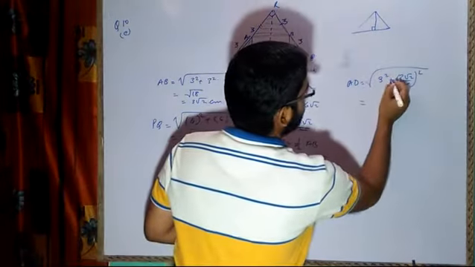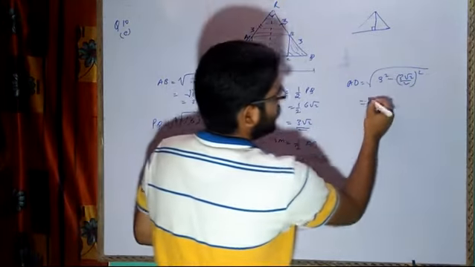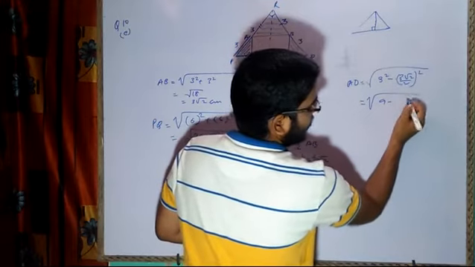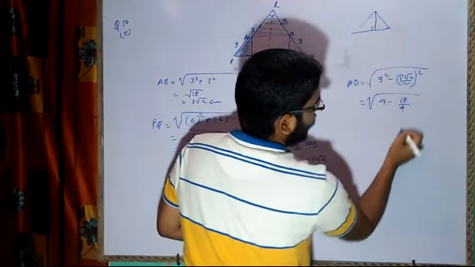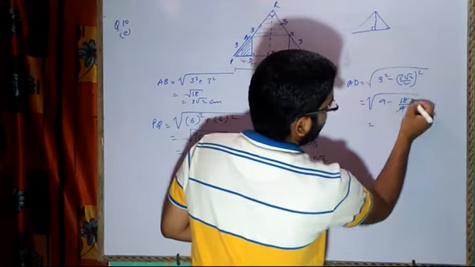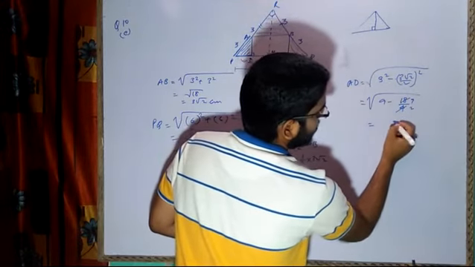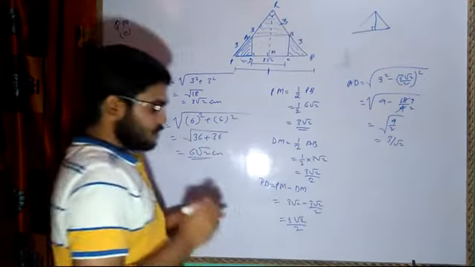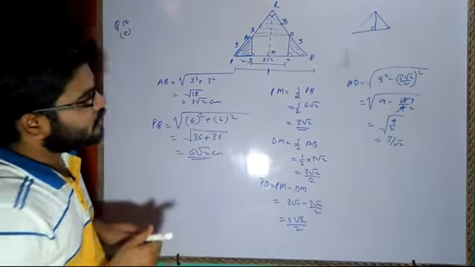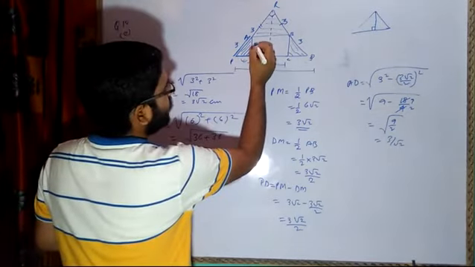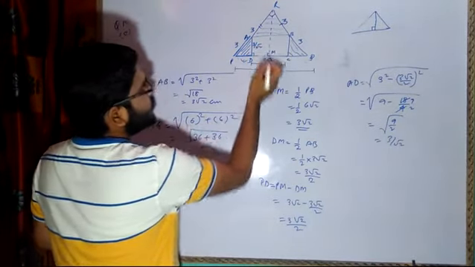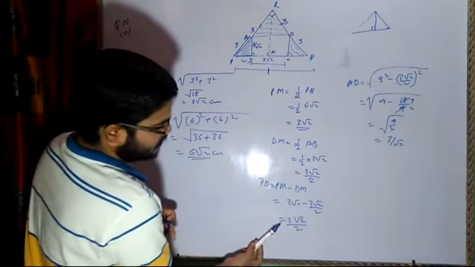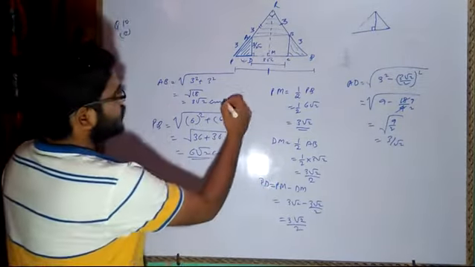Minus, actually it is hypotenuse 3 minus. So, it is root under of 9 minus 9 2 is 18. 18 by 4. 18 by 4 means 9 by 2. So, 9 by 2 minus 9 by 2 root under, that means 3 root 2. So, the length of this AD is equal to 3 upon root 2, and we have the length of AB. Where is my AB? AB is equal to 3 root 2.